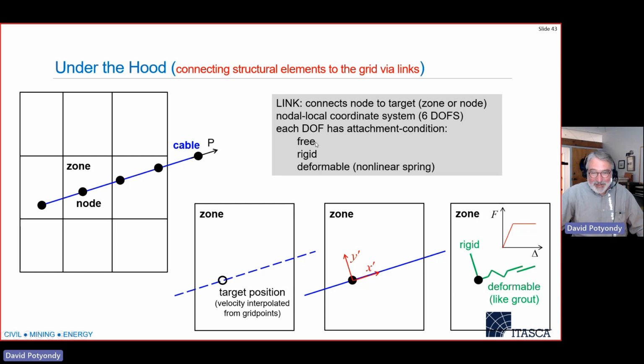And what that means is in that direction, free, it doesn't do anything. Rigid means it moves with the surrounding material. And so in this system, in the Y prime degree of freedom direction, this link is rigid, meaning that any motion in this Y prime direction of the zone, this node just moves with it. Okay. But along the axis of the cable, in this degree of freedom, there is a nonlinear spring that's behaving